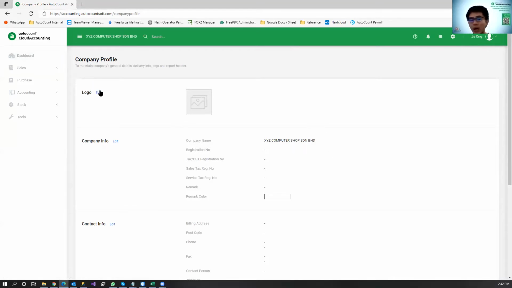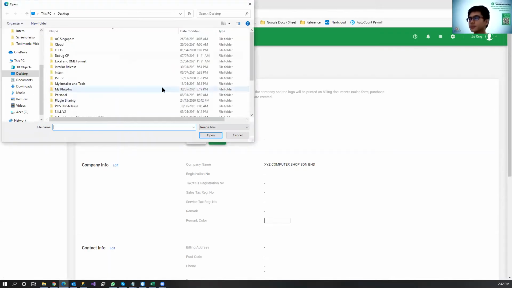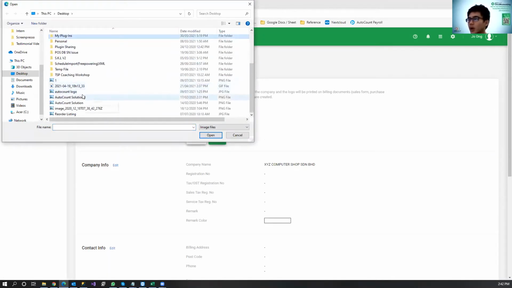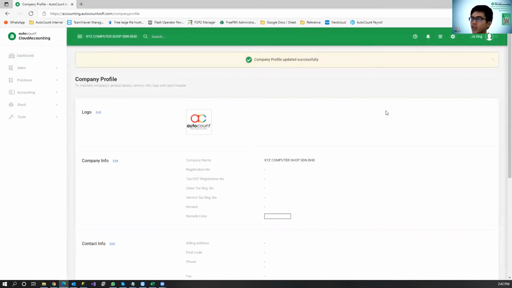Let's say I want to upload my company logo, I just click on edit, I browse, and I look for my AutoCount logo. It will load your logo into this cloud accounting, and you click save. Generally, the common image formats are all supported, like JPEG, PNG, bitmap.